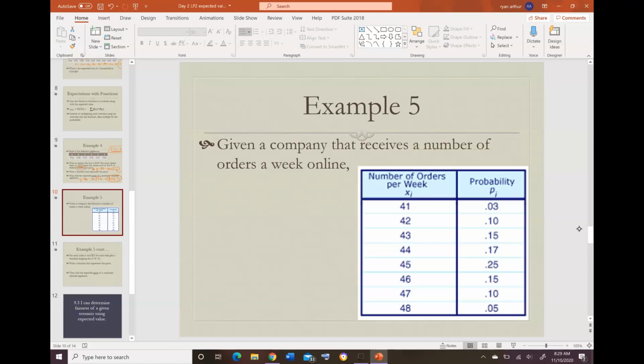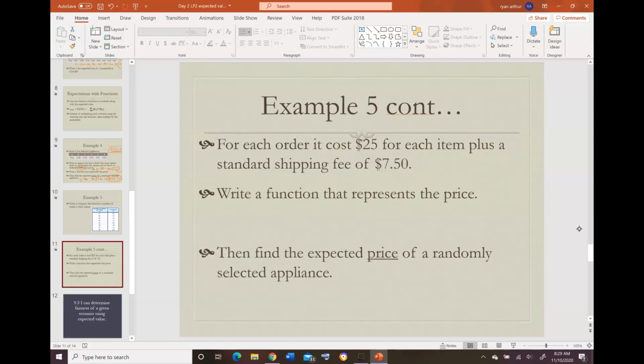So this is given a company that receives a number of orders a week. Okay? So that's my thing. It says for each order, it costs $25 for each item plus the standard shipping fee of $7.50. All right, let's write a function for that. So for each order, it costs $25 for each item. So if I tell you you go into a store and it costs $5 for each item you get, how are you going to do that math? You're going to say 5 times however many items you get, right? So I'm going to say Y equals